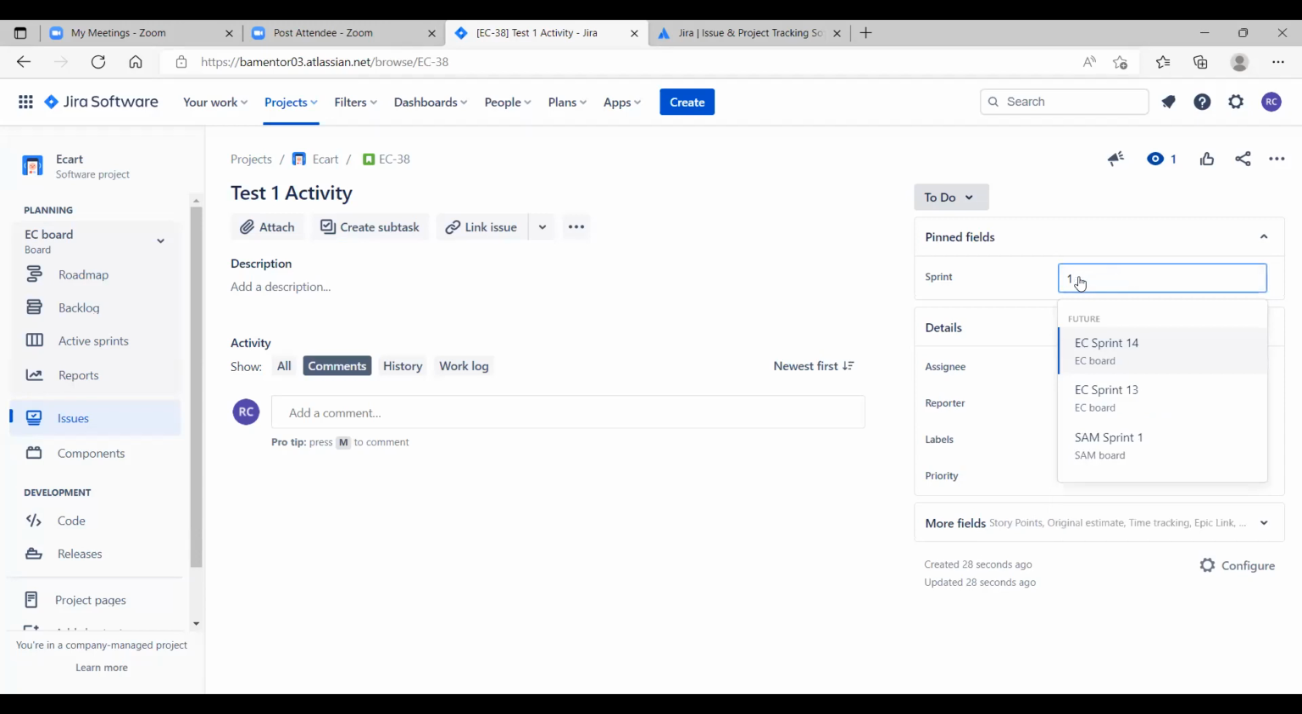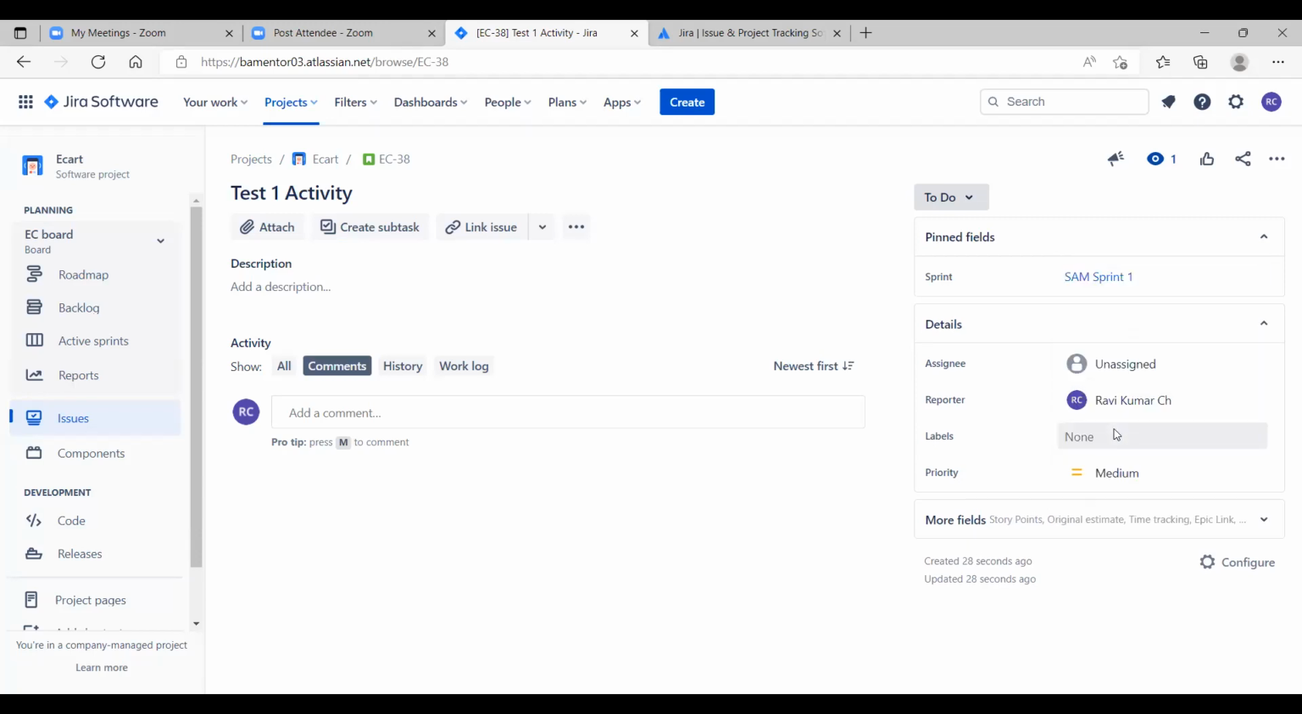So I can give a sprint, like SAM sprint 1. Here it is SAM sprint, but in a real application, when you work in companies, it will have numbering like 1, 2, 3, 4, like I told earlier. That is how it will reflect. So once I'm done with this section,